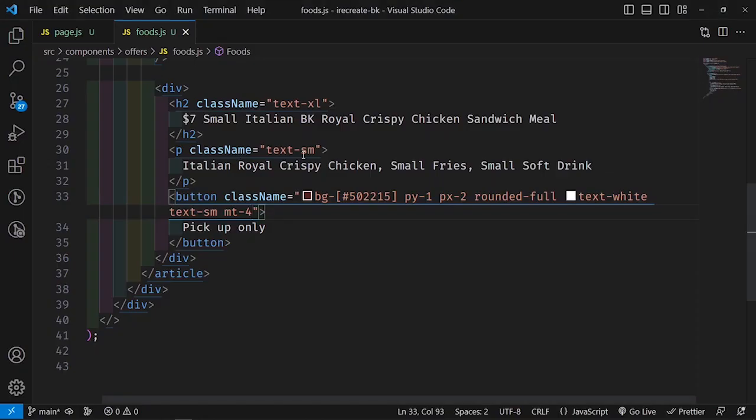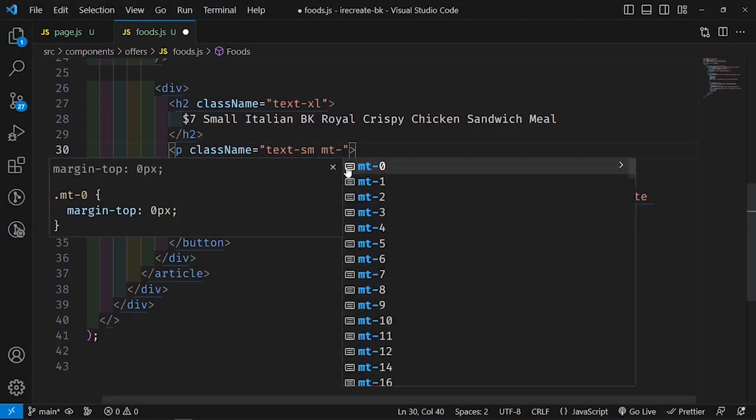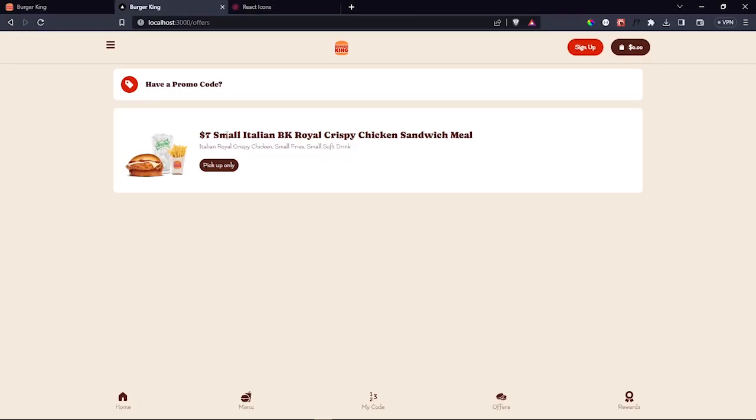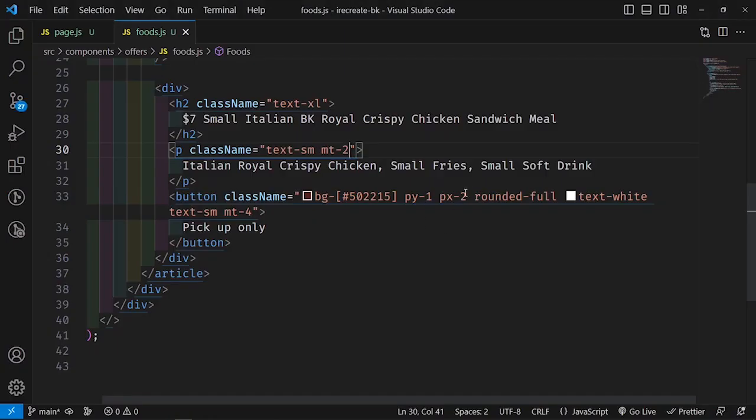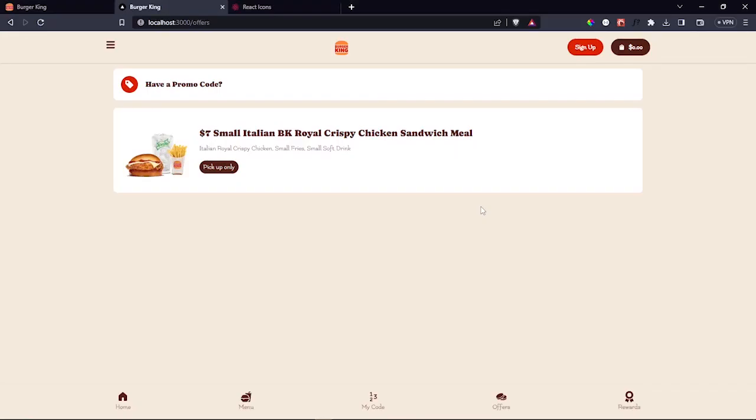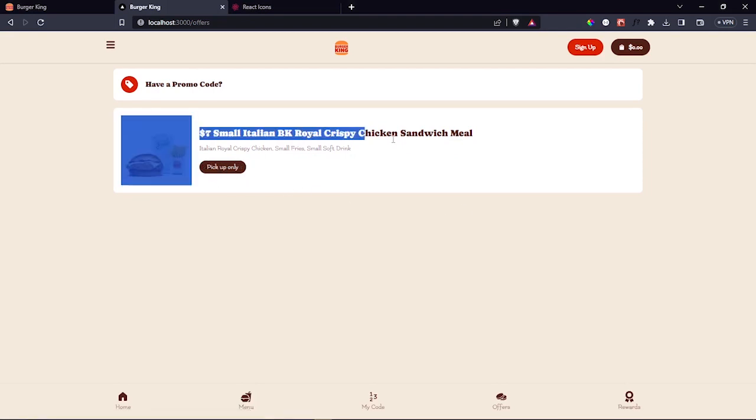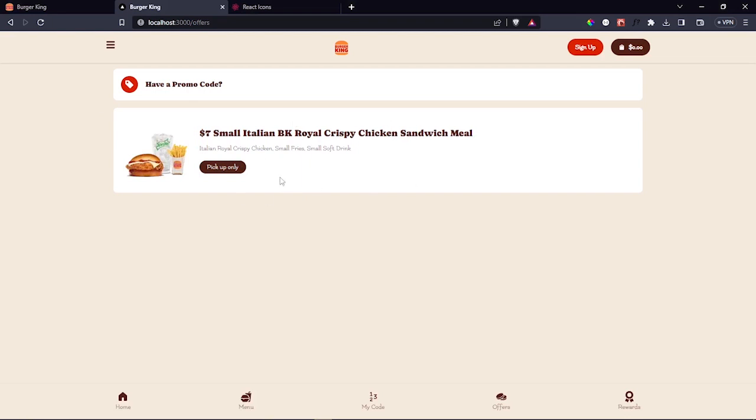And then on this text, I want to give it a margin top of 2 to push it away just a bit from this heading. So that's looking okay. Maybe increase the padding on the X of this button. It looks a bit ugly, and that should do it. There we go. So now that we have this is the general structure that we're going to be using for